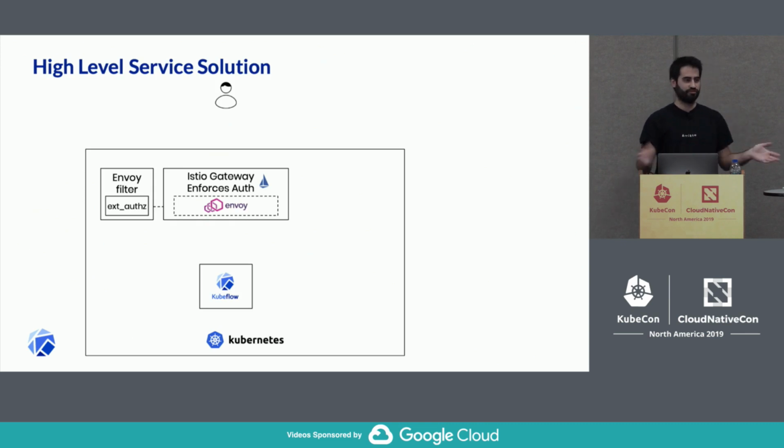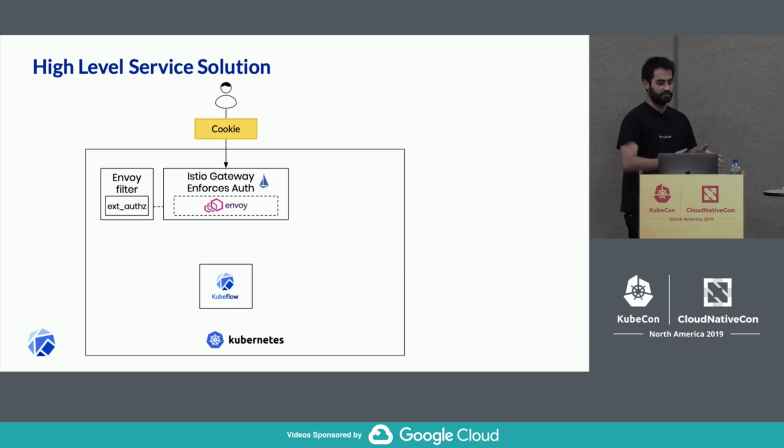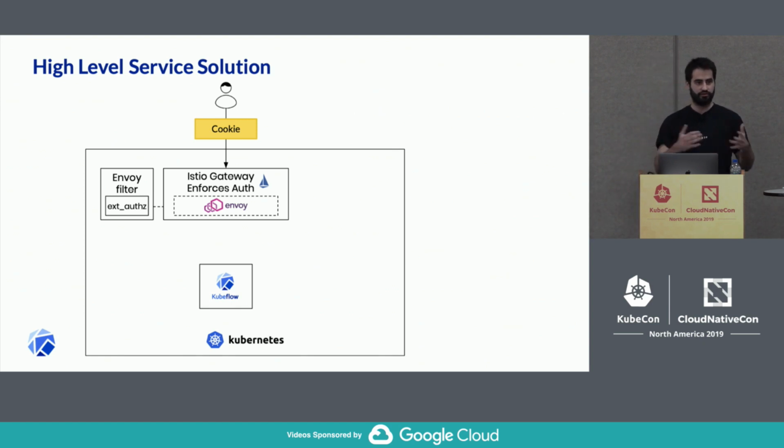So suppose you're a user. You go to your browser, you go to the URL bar, you put in the Kubeflow address, you hit enter. What happens? The user browser will issue a request. That request will hit the Istio gateway, which is what exposes the Kubeflow cluster. Now, the Istio gateway will check for a specific session cookie on that request. If that session cookie is either invalid or missing, the Istio gateway will redirect the user to log in using